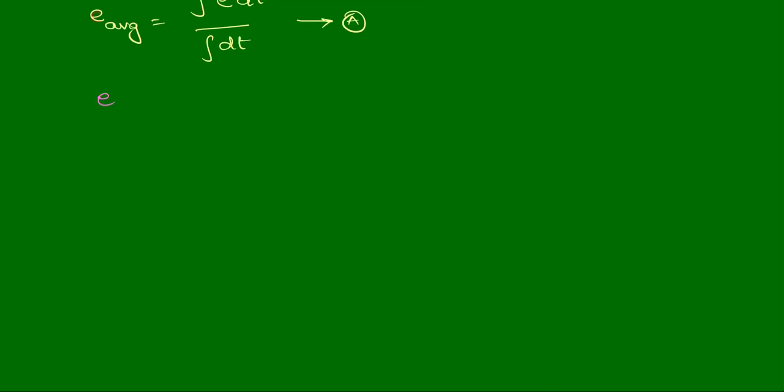So E average value will be equal to integration of 0 to T E naught sine omega t dt by integration of 0 to T dt, or this denominator becomes 1 by T, and E naught I can bring outside,